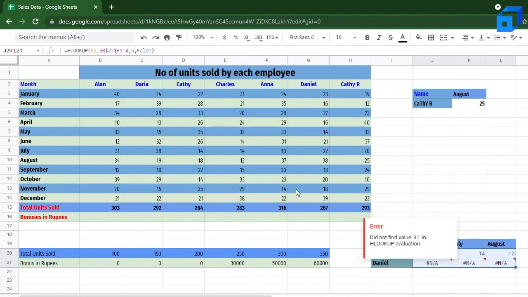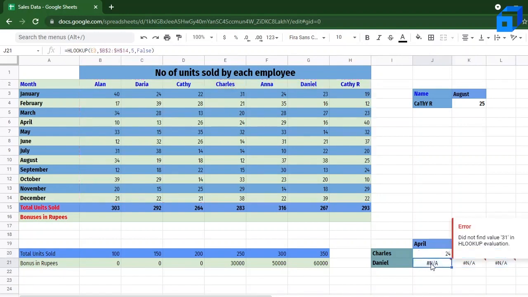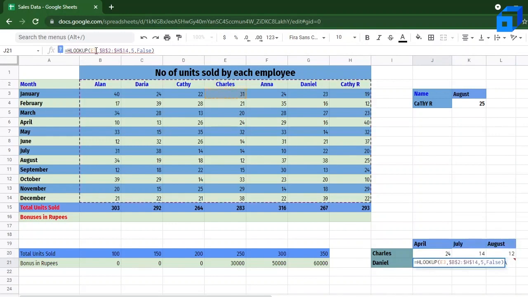So that means it is searching for E2 over here itself, that is, it is searching for Charles. Instead of Charles, we'll be using Daniel. So that's G2 instead of E2. I think I've selected the Charles column itself. So let us look over here and then change it to G2 instead of E2.